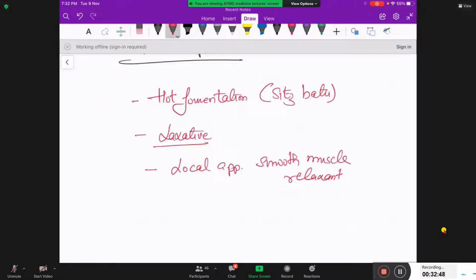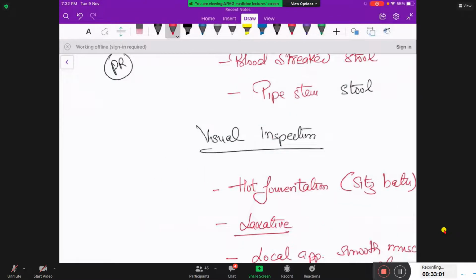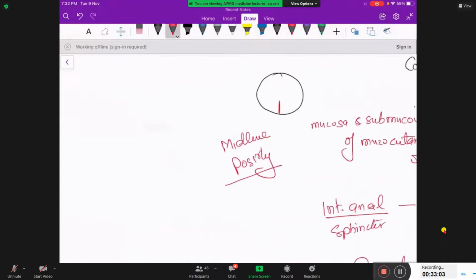Right? And once you do this, the vicious circle of constipation and muscle spasm is broken, and the spasm of the muscle goes off. And once this vicious circle gets broken, this area which